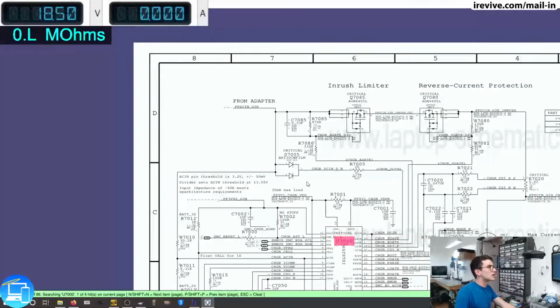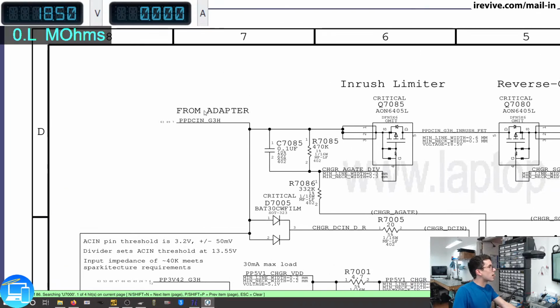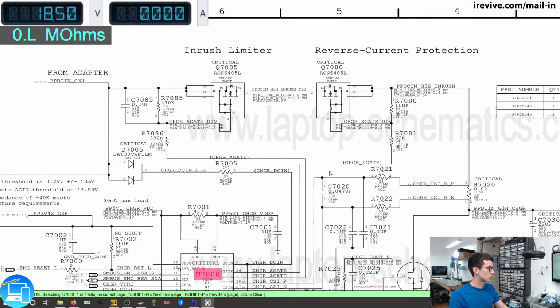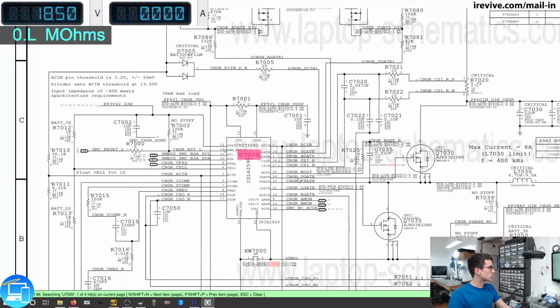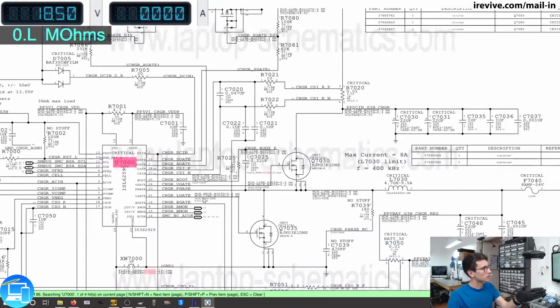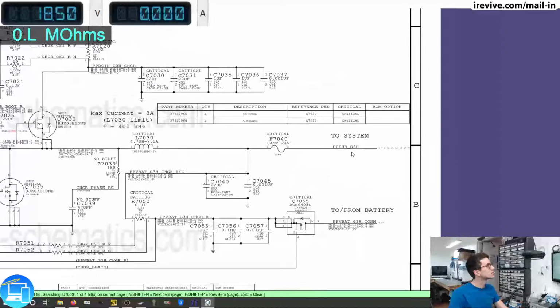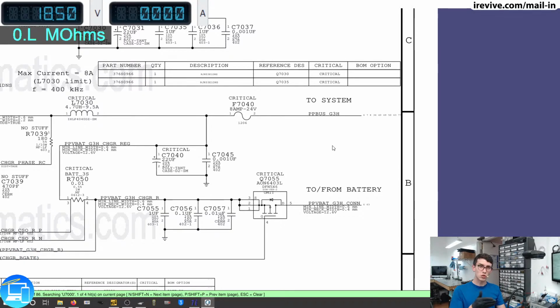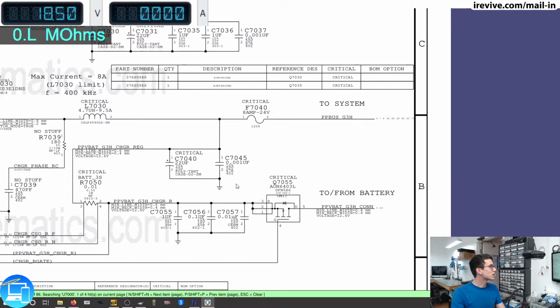So to try to not overwhelm anyone, this is where power from the charger or the MagSafe charger comes into the computer, goes through an inrush limiter, which prevents power from going back up into the charger and causing the charger to explode. And then U7000 is going to break down the power that eventually creates PPBUS, as well as charger battery. So we can see here at the end, it says to system PPBUS G3 hot, but underneath that we also have a to and from battery. So that way, if the battery is below a certain percentage, it will start charging, if I say that correctly. It will actually send power to the battery to charge it, and the battery will send power to PPBUS whenever there isn't a